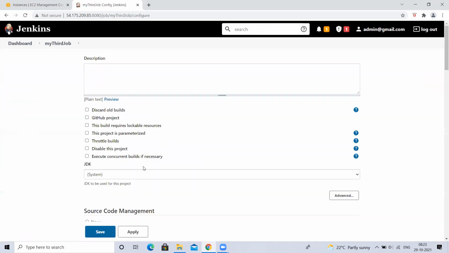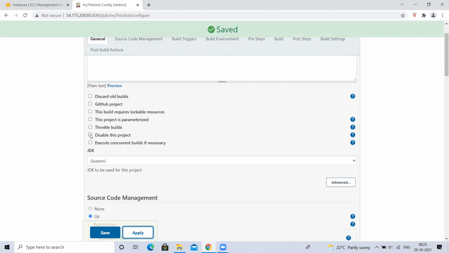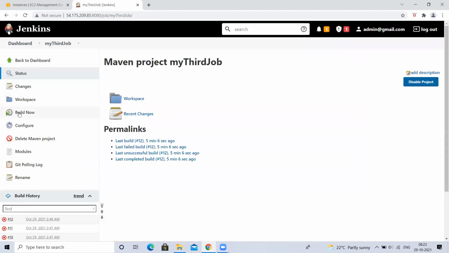Or else you can go here. By default, this will be enabled, right? Sorry, by default, this will be disabled. This checkbox is enabled, which means you disable the project. Now you can go and apply the changes. You can uncheck this and check this. Now the job will be in enabled state, so you can build it now, and even if there are any build triggers, they will get triggered. Understood, Tejeshwar? Everyone? Yes, sir. Okay. Next.